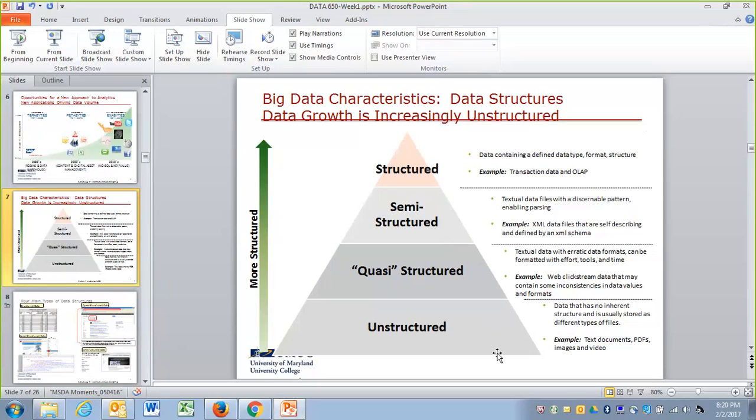In the first 5 weeks of the course we explicitly target this area, and we will also go, with new tools, into semi-structured and quasi-structured data in addition to unstructured data. So in this course, we are going to deal mainly with unstructured, quasi-structured, and semi-structured data.